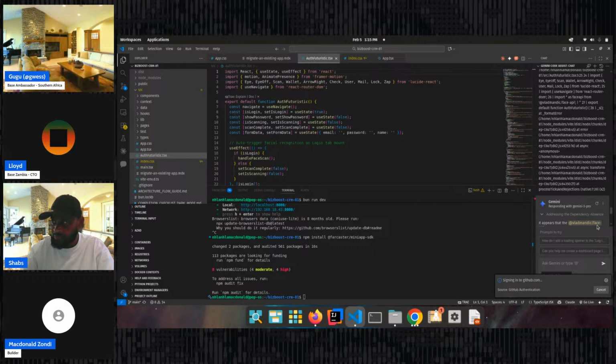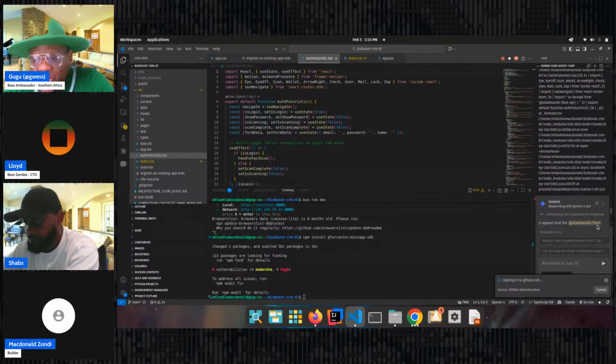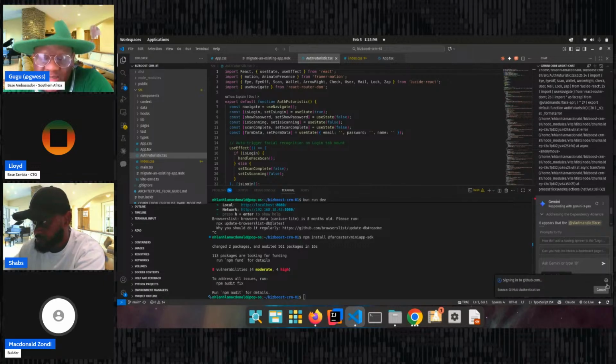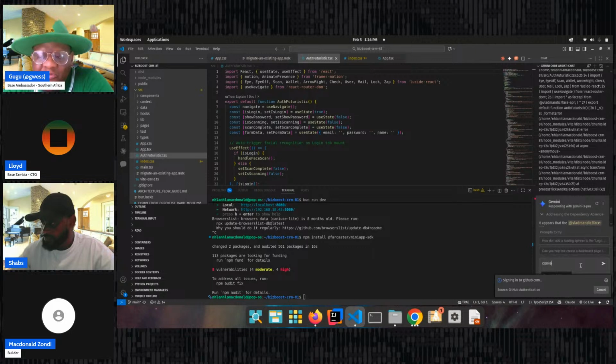Okay, here we go. So you're supposed to convert it from a Vite app into a Next.js app first. Before you install that, it might have installed already, but you can still say convert this app from Vite, which is VITE, to a Next.js app. Tell your AI to do it, and then you run that, right? From Vite to